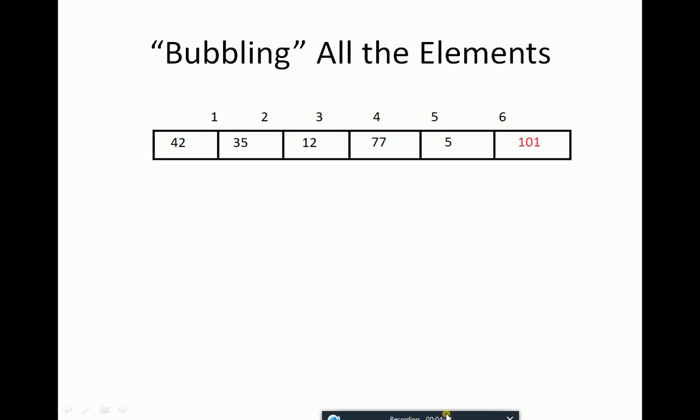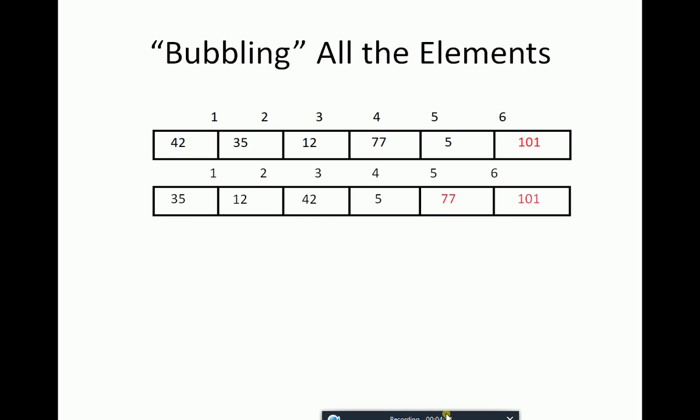Now pass 2 will start, again from element 1. So 42 and 35 will be compared, swapping will be done, and so on. And after that, 77, the largest element among the rest of the elements, will be stored at position number 5.